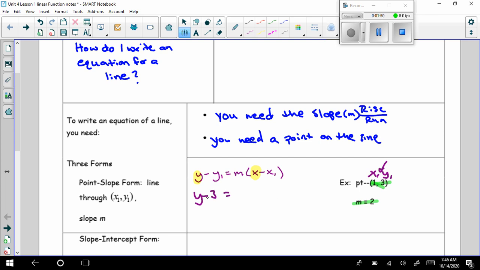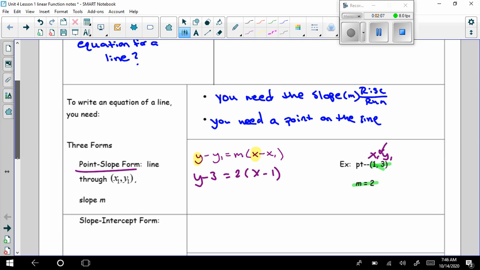Okay, so y minus 3, watch your signs here. If it's a negative, it turns to plus. M is 2, and then x minus 1. And you can actually just stop here. This is the equation for the line if they're asking for it in point slope form. And it's a totally valid format, just like slope intercept form, which is next,